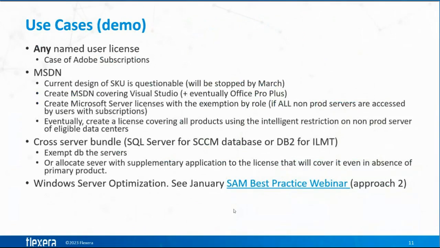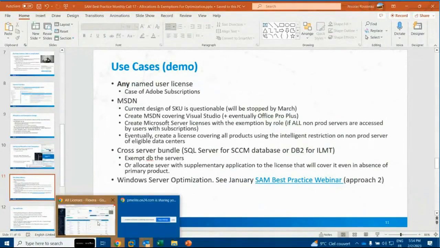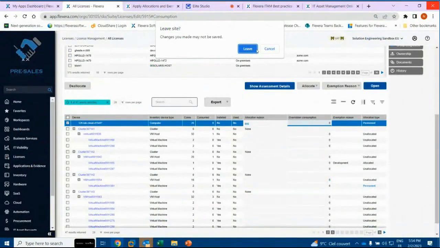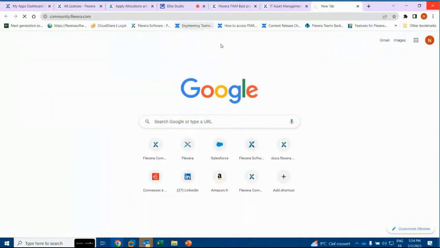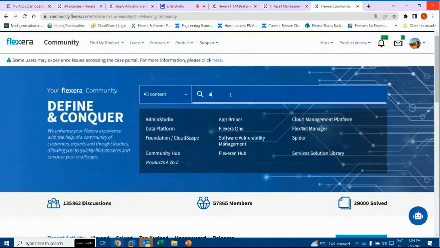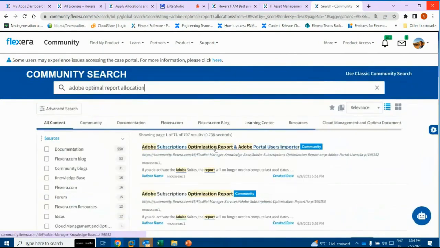So some use cases: any named user license will need to have an allocation, and maybe I will put the link later. I'm checking here. I may be taking too much time, as usual. So on the community, you will see that there is an article, and I will put the link in the end, which is around Adobe allocation optimal report allocation. So here, I'm looking for an article, and this one, here we go,